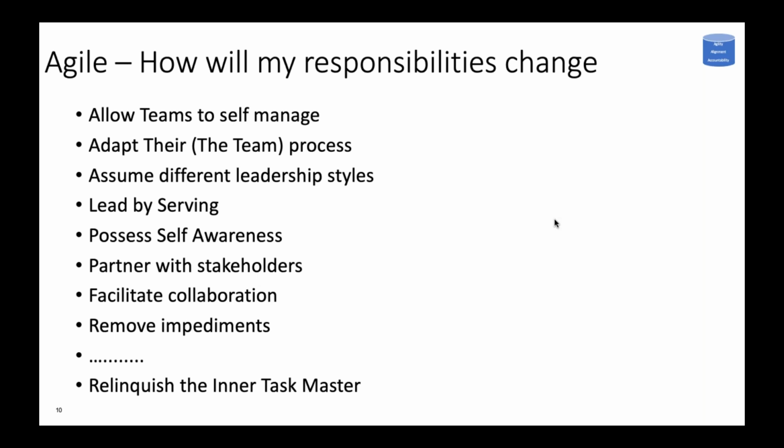Facilitate collaboration. It's not about individuals. Guys, in Agile, never try to recognize an individual. Recognize the team. Because if you start recognizing the individuals, you are breaking the team. So people may be doing a great job, but stop yourself from calling out that so and so has done a great job. Instead say team 1 has done a great job or team 2 has done a great job from what they have delivered. Again, don't make the mistake of comparing teams, because team 1 may be working on simple